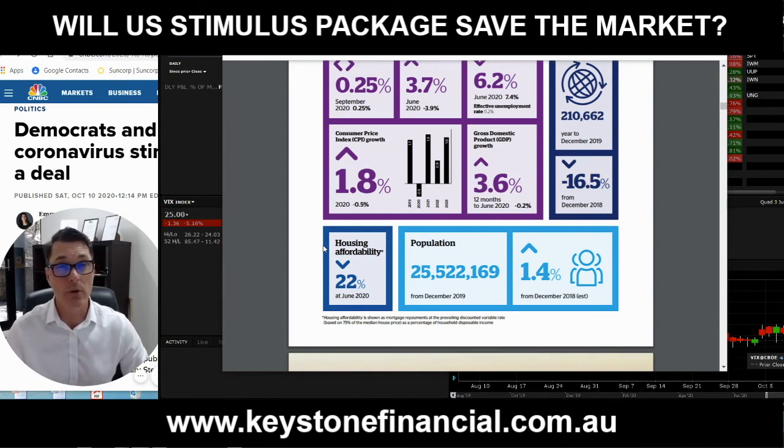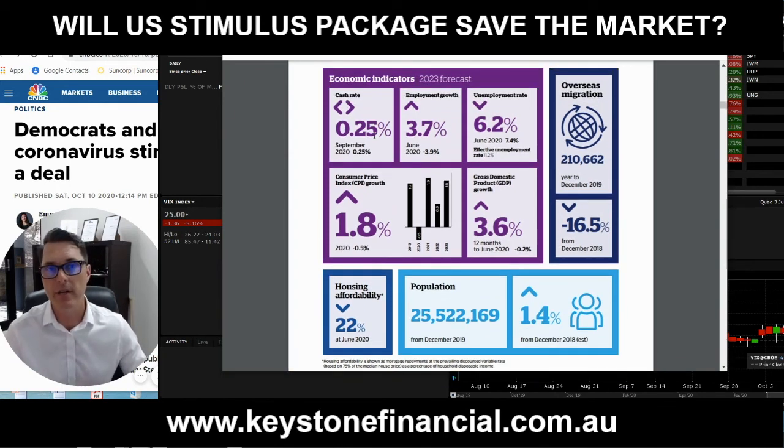I suspect we will see the RBA cut rates on November 3rd. They opted not to, for whatever reason, at the last meeting, whenever that was, October 5th or whatever. And so we'll see if they do it on November 3rd. I guess they probably will. The market seems to be pricing that in for Australia. So again, it doesn't really matter whether they do or they don't, because we're at 0.25% for the cash rate. They'll cut by 10 to 15 basis points. I don't think they'll go to zero rates. That would be probably a little bit scary. But anyway, we'll see what they do ultimately.